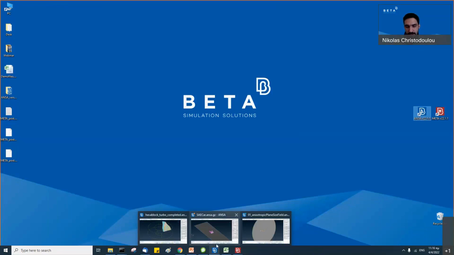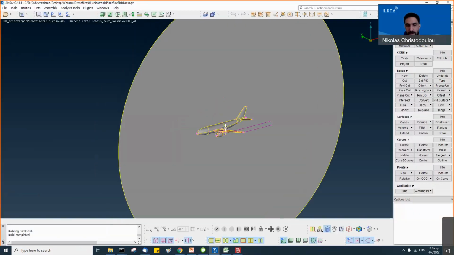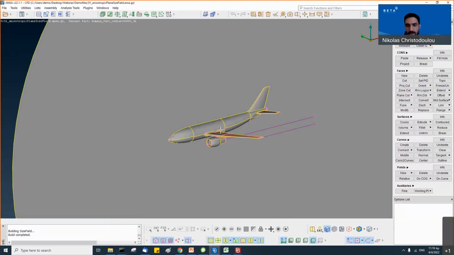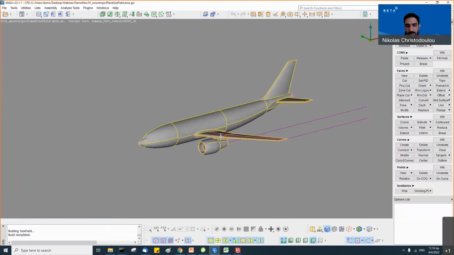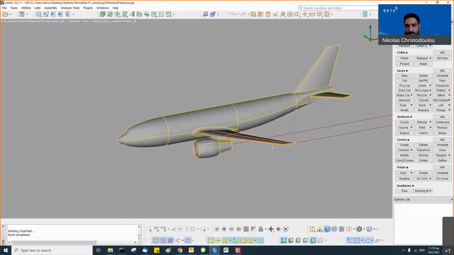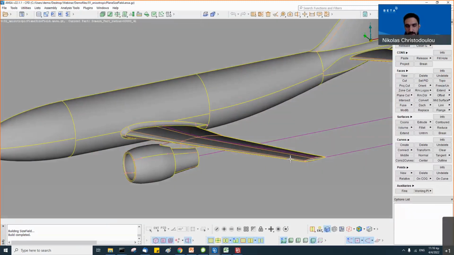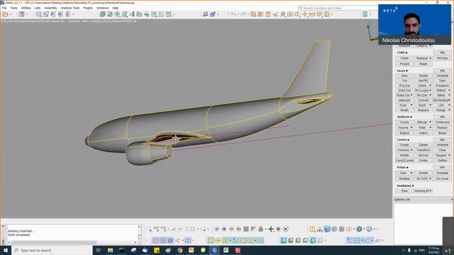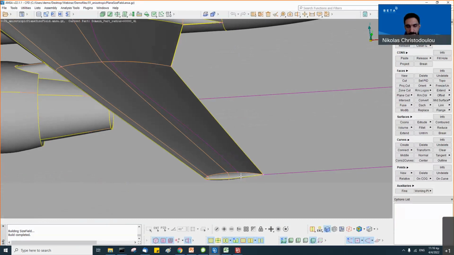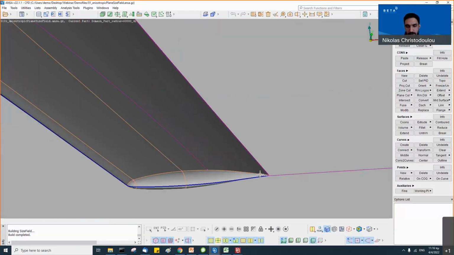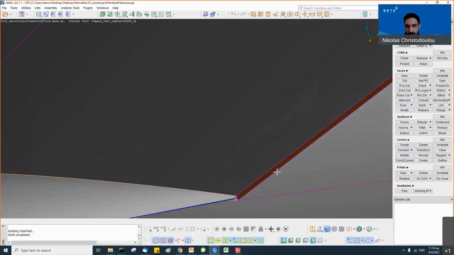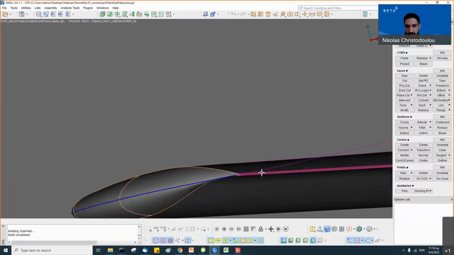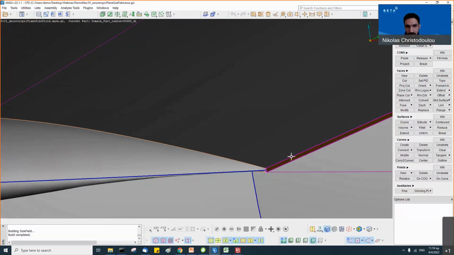Let me start with ANSA and show you how the quad dominant anisotropic mesh is created for aerospace applications, but it can extend to any type. So first here we can see a typical aircraft geometry. I can switch here to feature drawing mode, and you can see different areas of the model are colored.